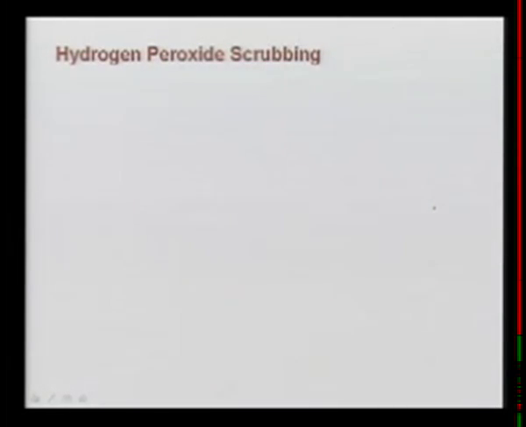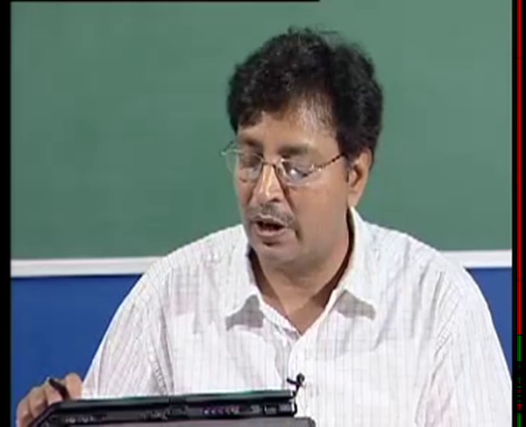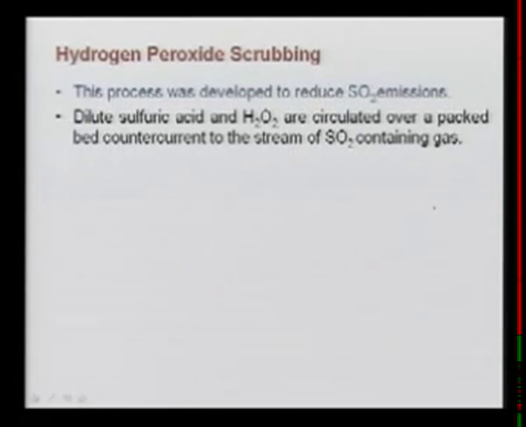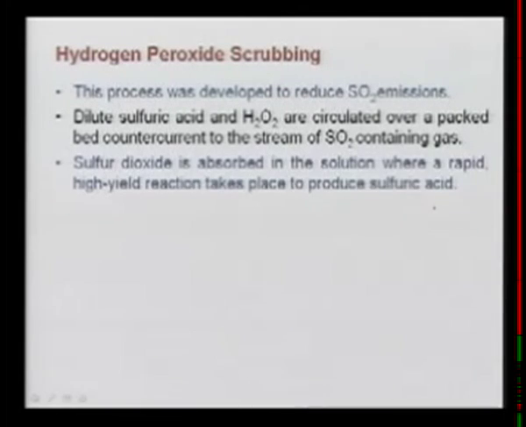There has also been technology to treat the sulfur dioxide that is emitted out from the absorbing tower, because it might still have some sulfuric acid mist, of course. Apart from that, you can also have the SO2. So people have developed the technology, but the fundamental remains: if we can convert the SO2 into SO3, the problem of SO2 emissions from the sulfuric acid plant is more or less handled. But still, if you want a very clean stack and you don't want any SO2 emission to go out, technology has been developed using the oxidation of the sulfur dioxide with H2O2, and